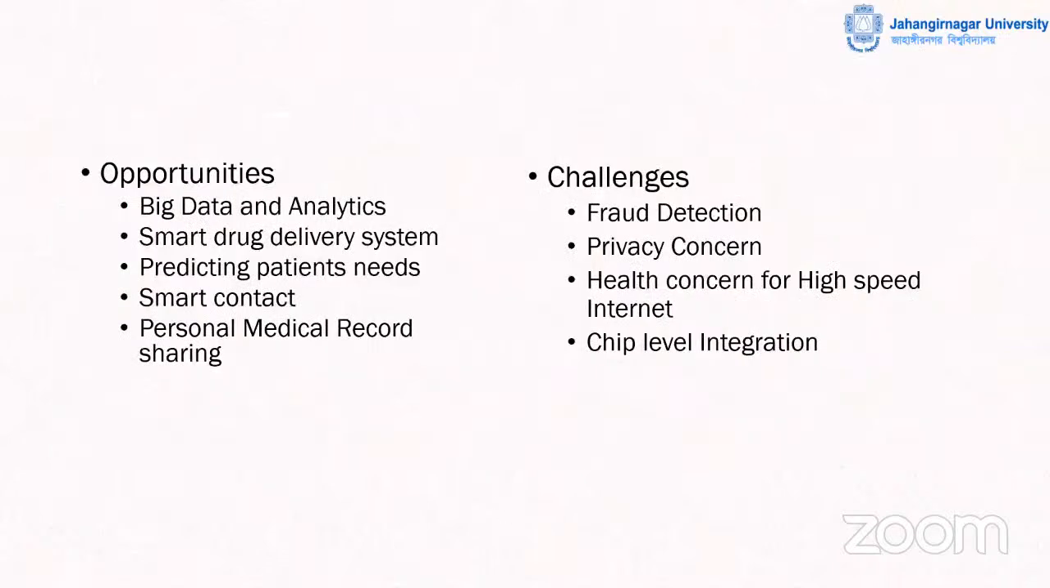This kind of Society 5.0 has some opportunities for researchers, though there are also some challenges. The opportunities are that all the IoT devices are generating more data, and we need to analyze that data to get smart drug delivery systems, predicting patient needs, and smart control, personal medical records and sharing. All the opportunities are here to start your main research work. But the challenge is that private